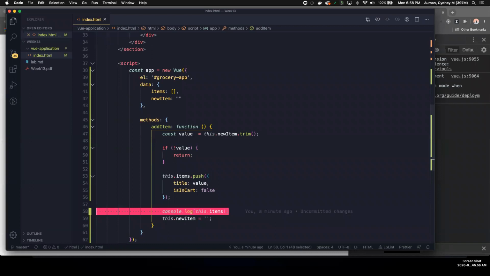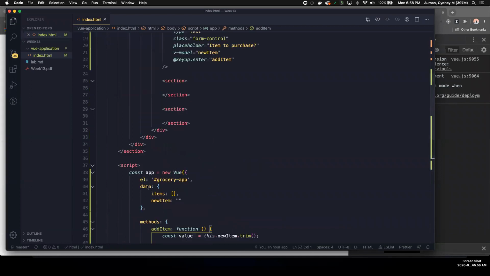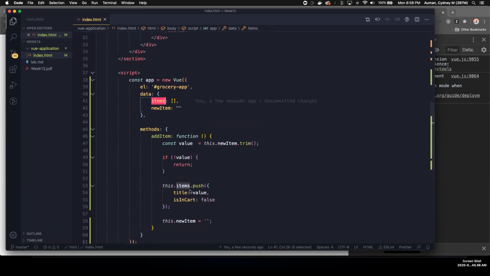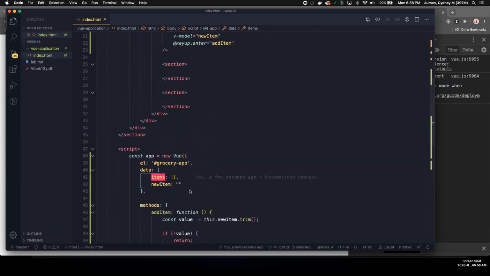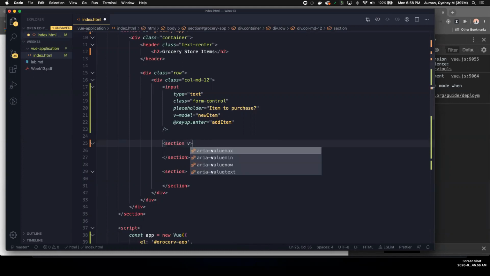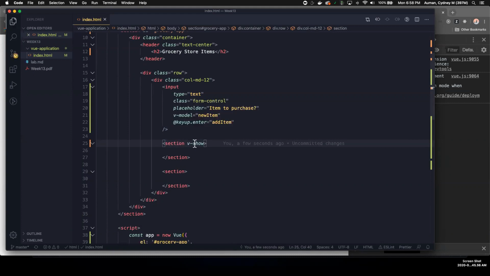Well, now we're going to build out a way to display these items in the cart. Right now we have the ability to get our items onto a list, and so now we want to display that list. We're going to use a couple of directives here, just to show off directives, which is really the only reason I'm using them. So one, we can use this v-show directive. So we can say v-show if